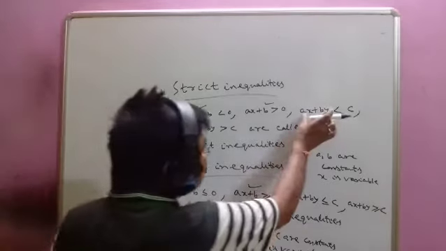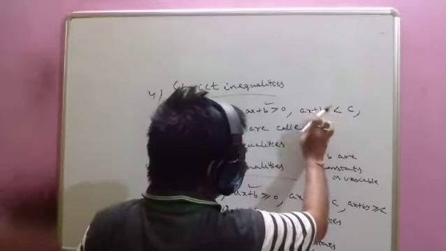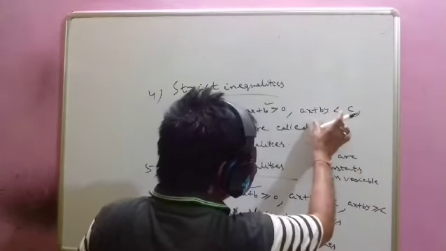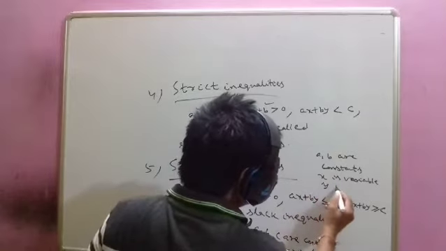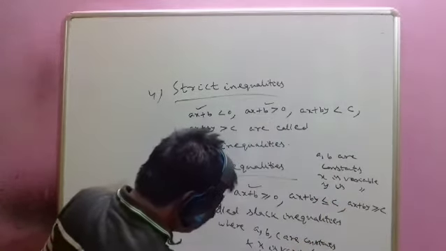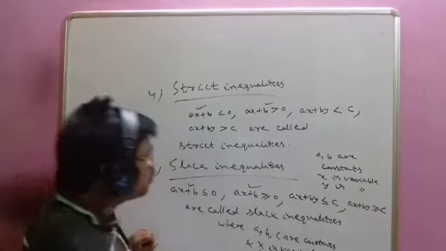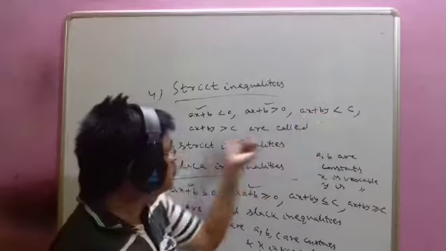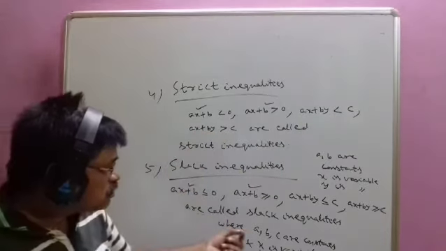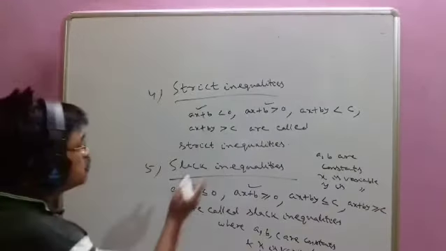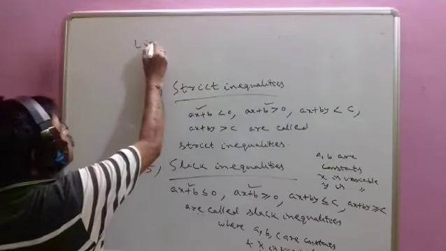But here you see there are two variables, x plus by, x and y both are variables. So you can say here y is also a variable. So this is linear in two variables. This is also linear in two variables, and this one, and this one. So you write linear inequalities.